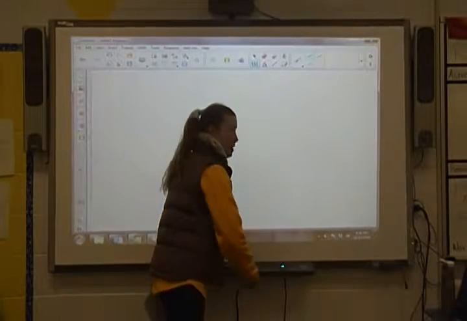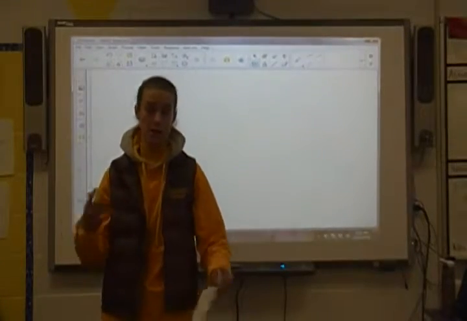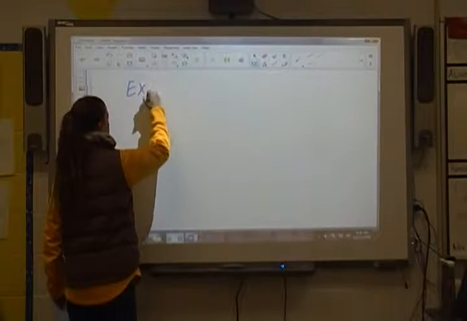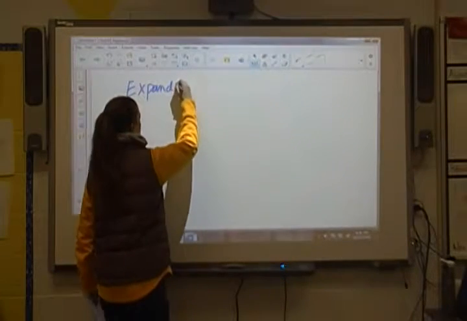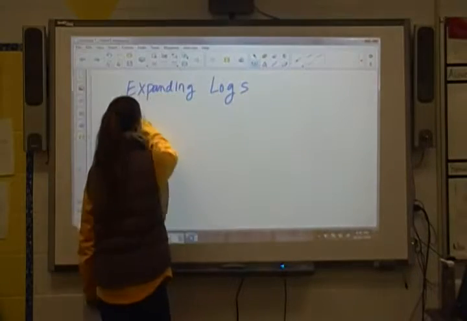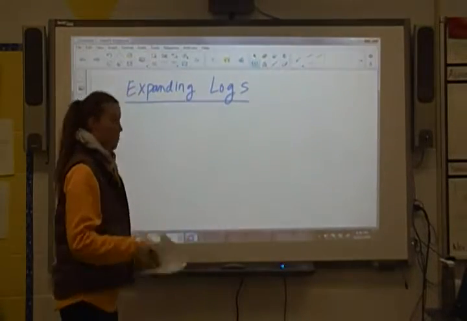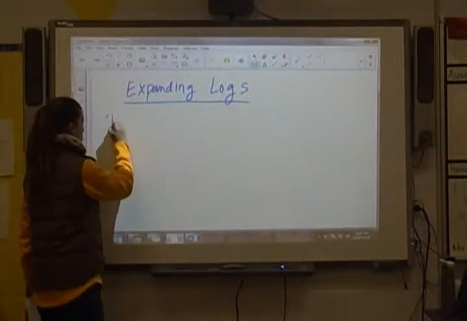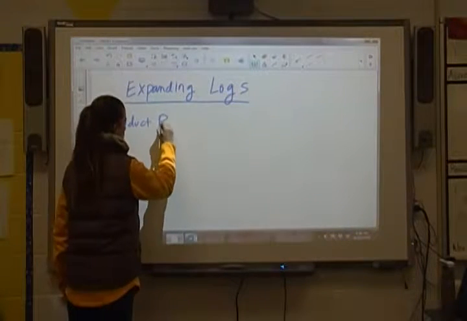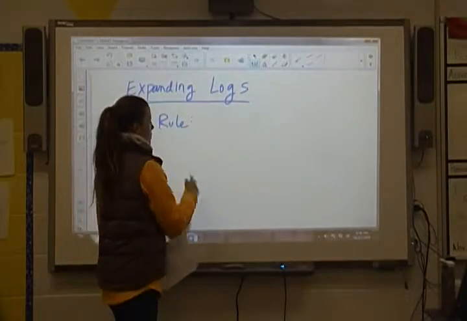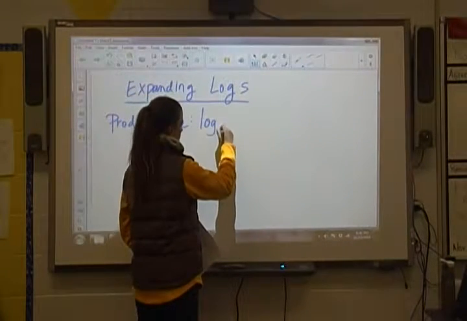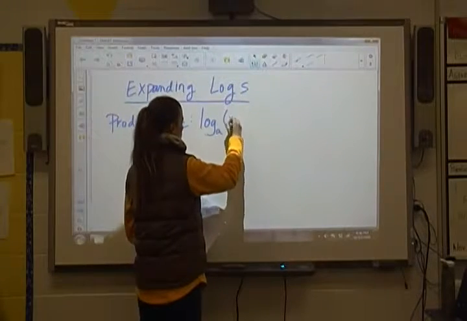All right, the next thing we're going to talk about is expanding logs and condensing them. So we're expanding logs. There are really three main rules for those. The first is the product rule. And so we would start with the logarithm. For example, log base A, you'd always have to have the same base for all this sort, of x, y,